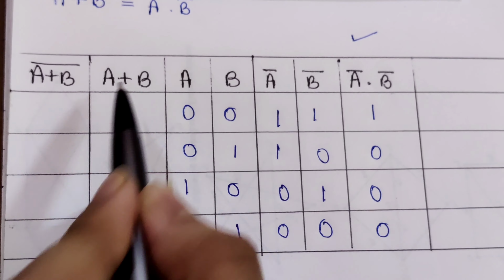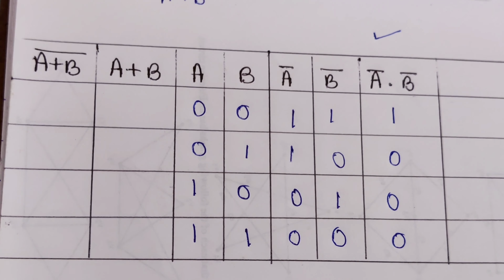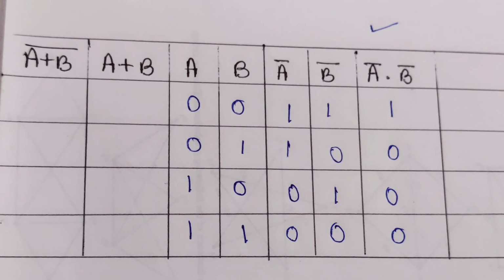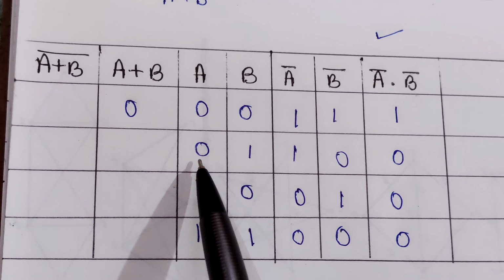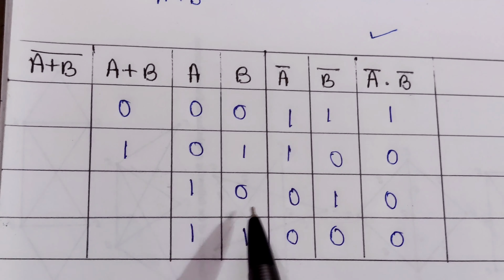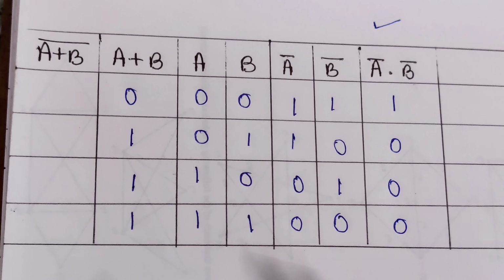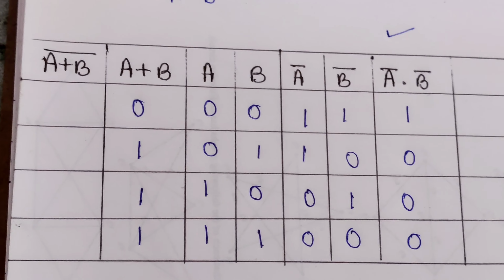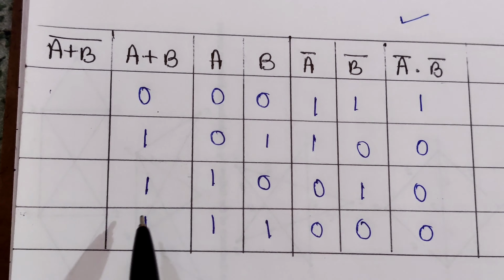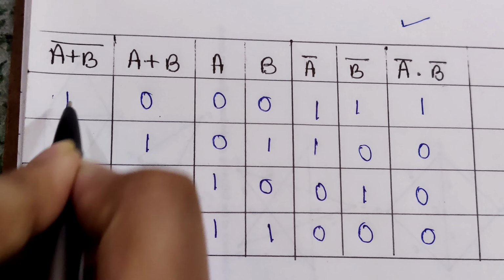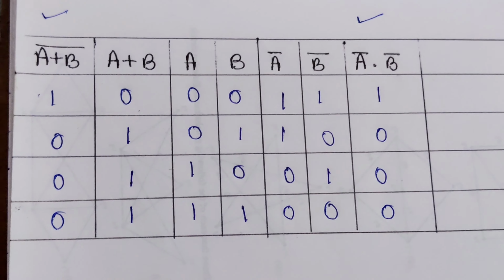Now we will calculate the LHS. So this is the OR. In case of OR, if any one of the inputs is 1, then the output will be 1. So here both the inputs are 0, output will be 0. One of the inputs is 1, so the output will be 1. One of the inputs is 1, output will be 1. Both the inputs are 1, output will also be 1. Now we have to make the complement of it. So whatever 0 will be turned to 1, whatever 1 will be changed to 0. So it will be 1 0 0 0. So we got the LHS also.